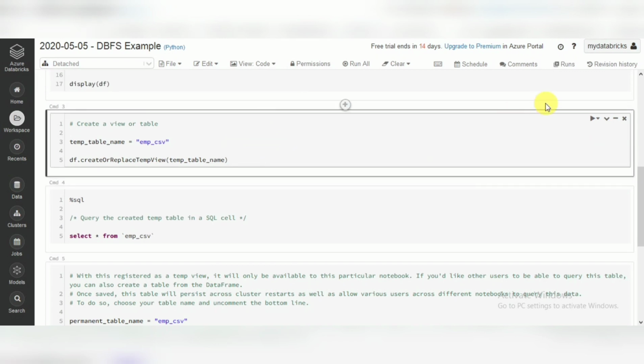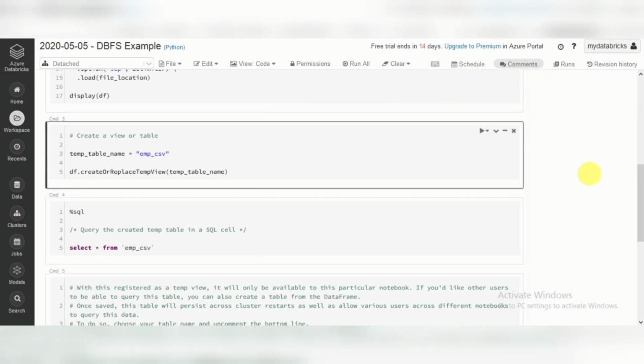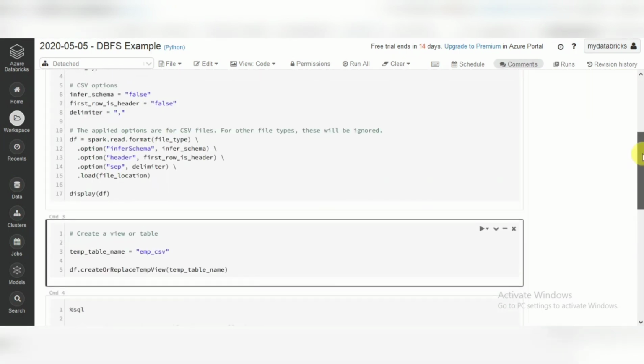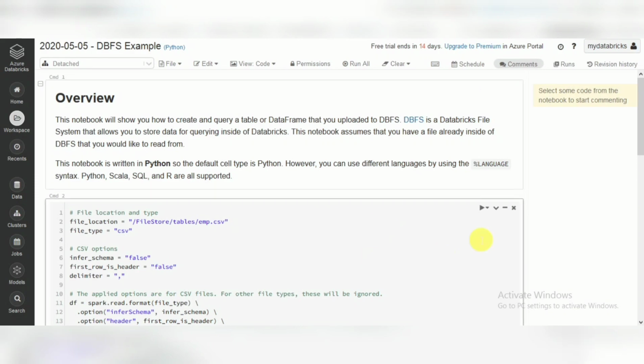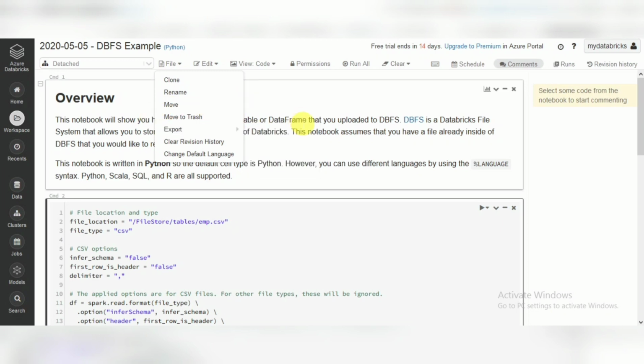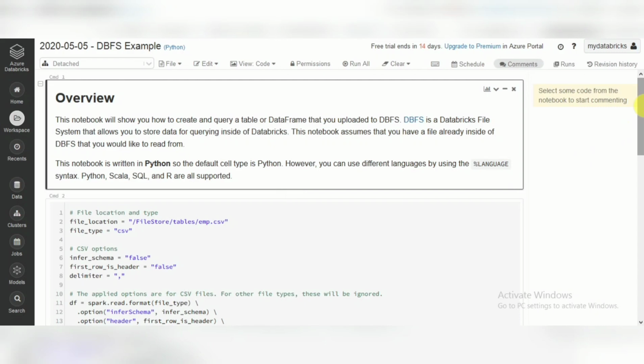And among the other options here, you can schedule and you can comment. That's the review part, like if you are working on a project, others can individually look at your code and provide review comments. These are related to notebooks. And for permissions, you can export this file. See here, a source file like a Python file will be created, or an IPython notebook will be exported. These are other options you will go through later.